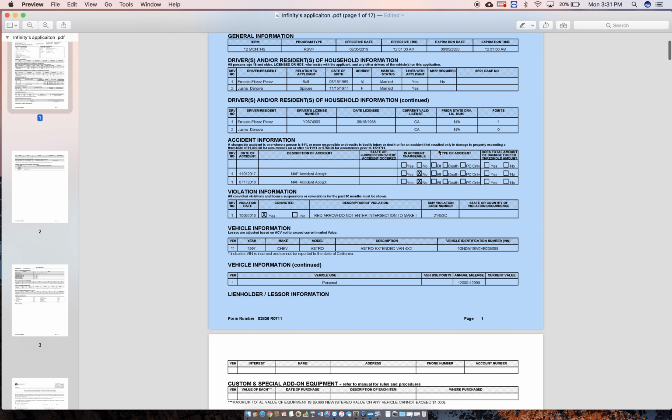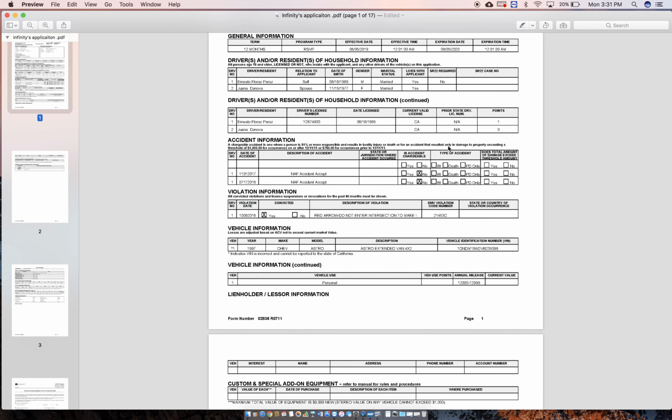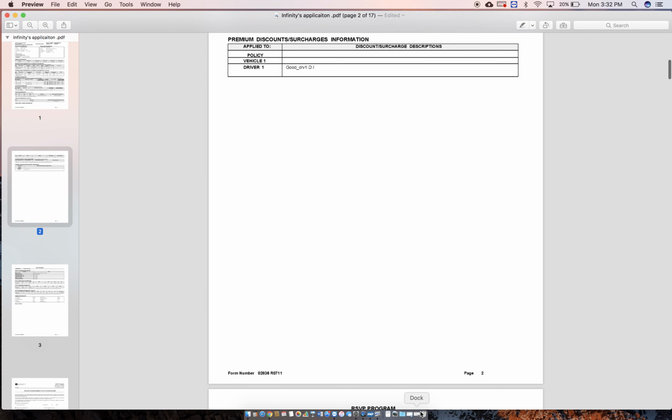So once again, it gives you a summary of all the information, such as the driver, the vehicle, anything that has to do with the summary. Technically, all the information that you input on the FSC and it's transferred over to the website, it actually prints on the first and second page. Now, the third page